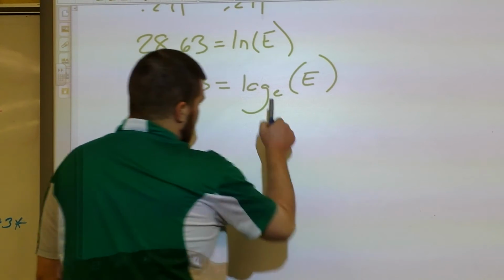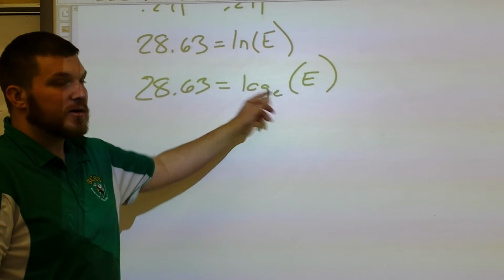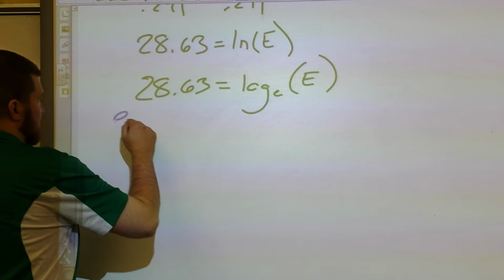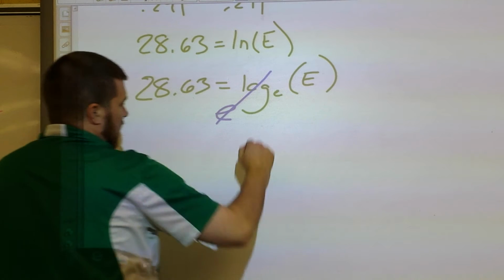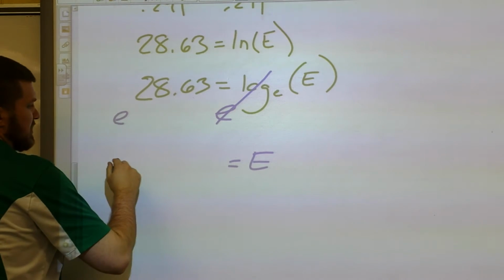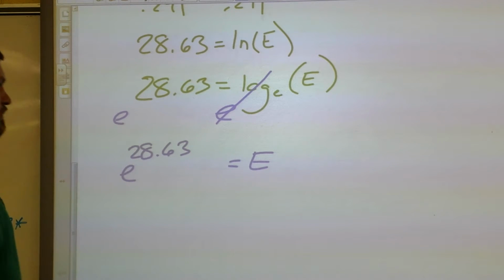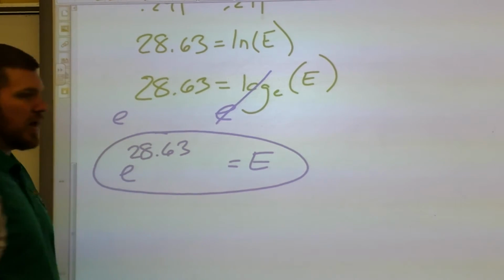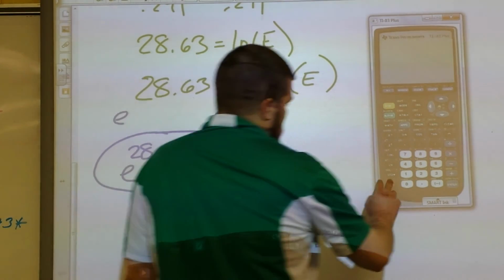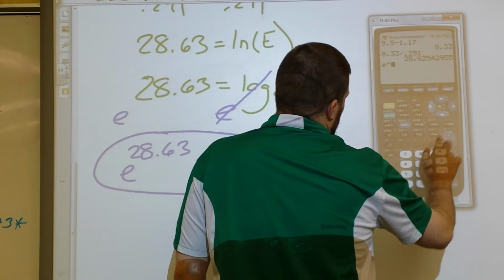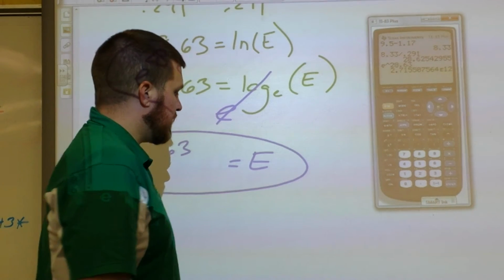To cancel out this log, I'm going to have to exponentiate. Bases have to match, so if I have base e here, I'm going to need to jack up my car with base e on both sides. Once I do that, e and base e cancel out, so capital E just falls down. So capital E is equal to e to the 28.63 power. This is my final answer because I have energy by itself, which I wanted. But if I type this in my calculator, it's going to be a really big number. Let's see what that number is. So e raised to the 28.63 power is 2.72